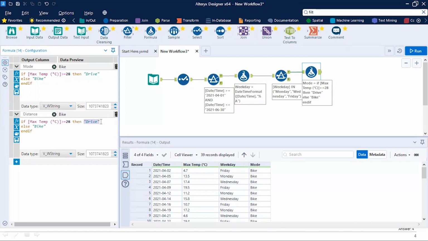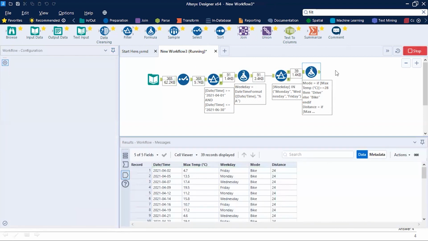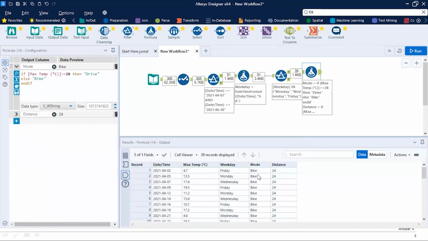If I consider both to and fro, that means 30 kilometers. For biking, the question says she will cover 12 kilometers one way, and considering both to and fro, that means 24. The distance is a number, so I can change it to float. Let's run it. We can see for the biking, the distance is 24, and for the driving, the distance is 30.